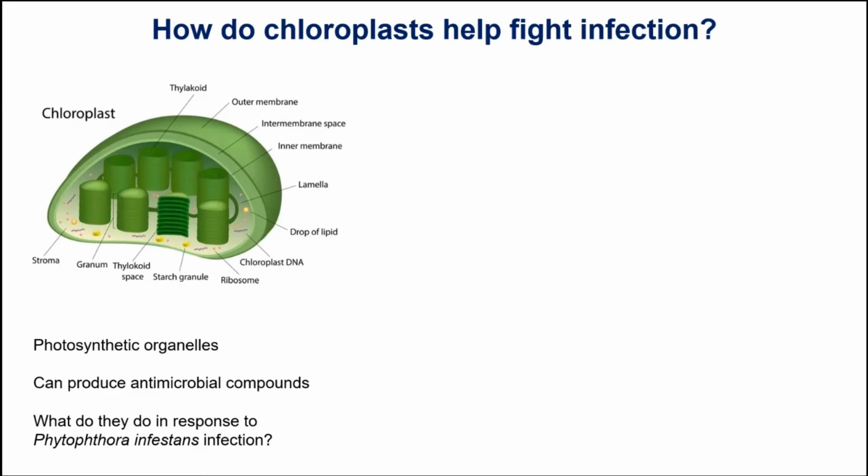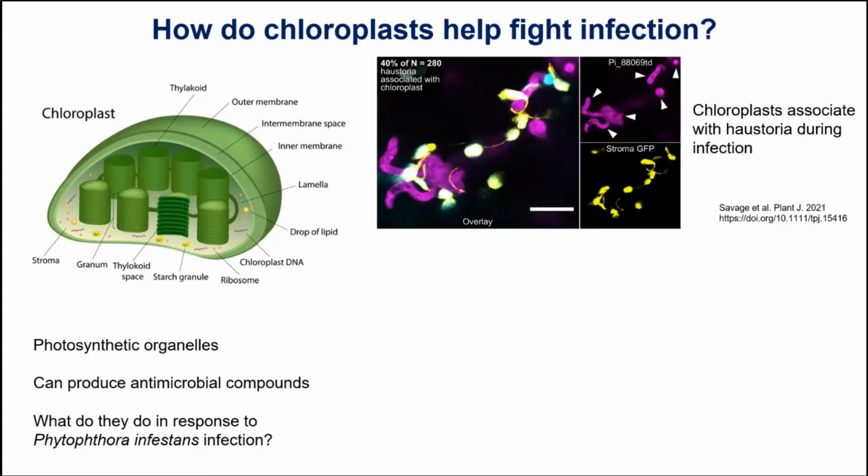So what this group wanted to know was what happens to the chloroplast, what do they do in response to an infection. So what they did was, again, confocal microscopy here, tagging the chloroplast with GFP. So you can see the stroma, this is part of the chloroplast, which has been tagged with GFP, and a protein which is associated with this haustorium that's from the pathogen. So they were labeled with two different colors of fluorescent markers, and if we actually overlay these two,